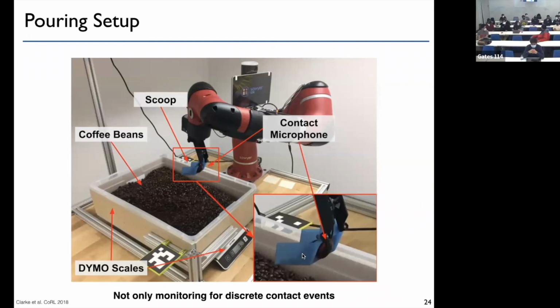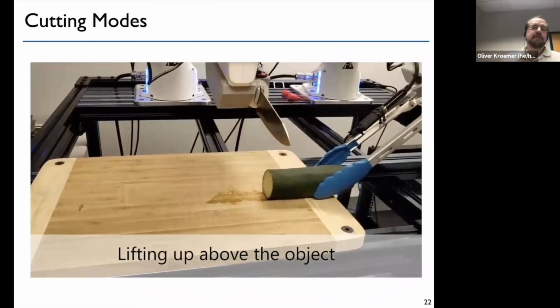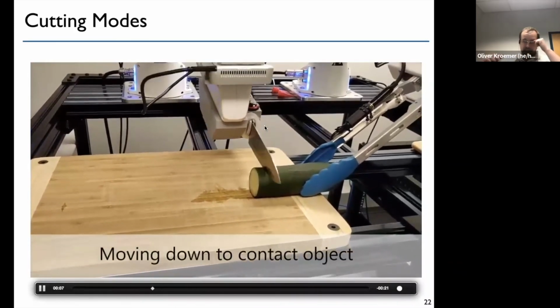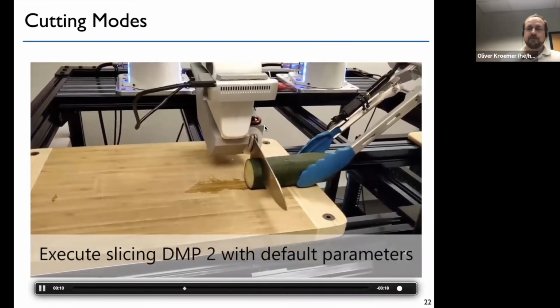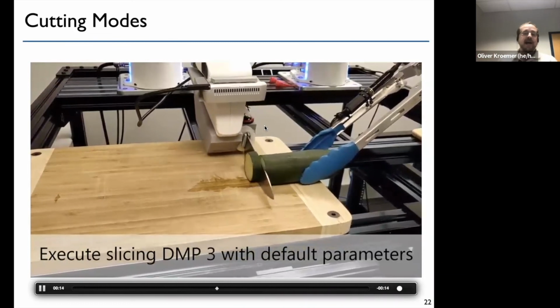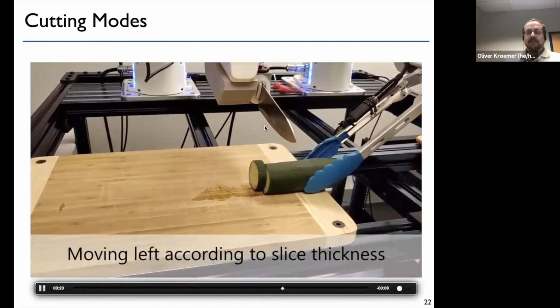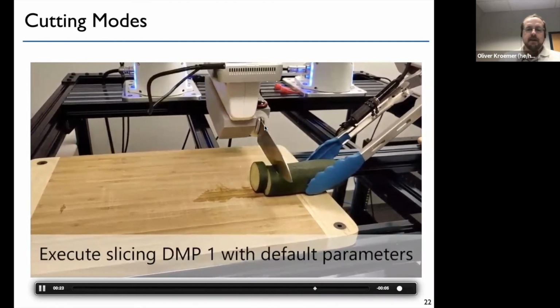I was actually wondering whether the vibration response itself changes as the knife gets older. For a specific vegetable, the response might change as your knife gets older, and you might have to relearn everything. I could definitely see that being the case. So if you switch between different knives, I would expect there to be a shift. This is definitely a cantilever. So if you take a smaller knife and ping it from the side, you would expect some kind of higher vibrations. So yes, you would definitely need to train across different kinds of knives in order to get that kind of robustness. Again, I think one